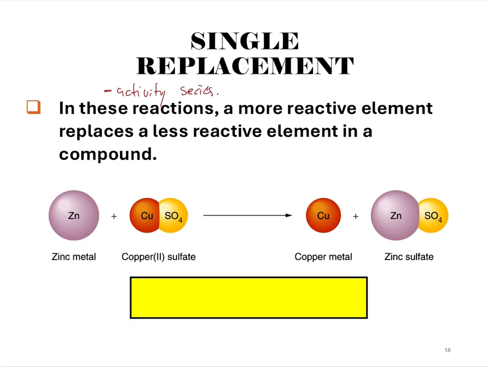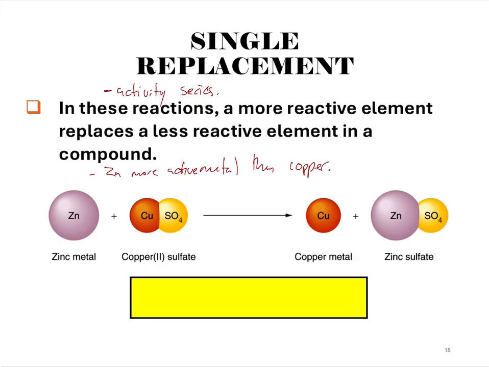An activity series just represents how likely a compound is going to be reduced or how likely it's going to react. Those are all kind of synonymous with each other. So in this case, if zinc is a more active metal than copper, then when you put them in solution with each other, the zinc is more likely